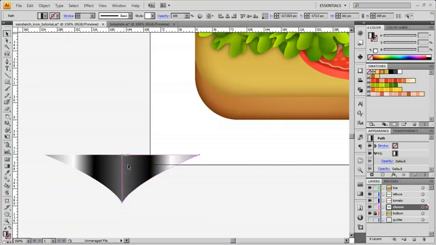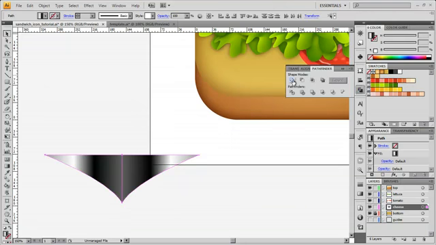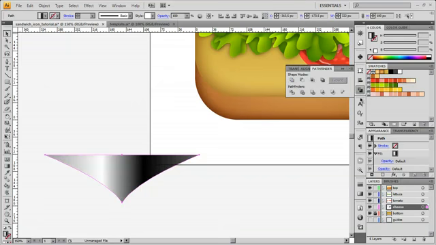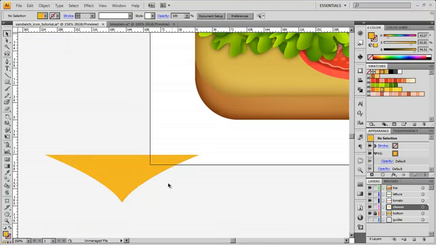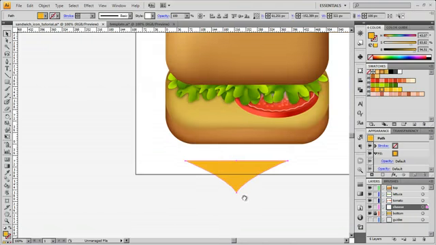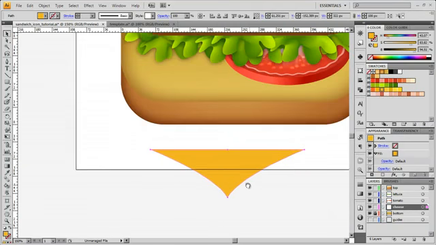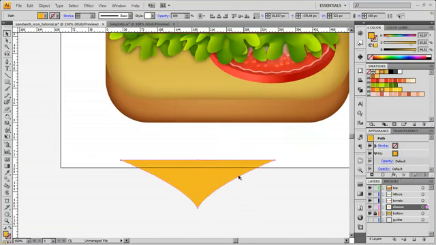I'm going to align these two shapes together, and using my Pathfinder palette, I'm going to merge them together. I'm also going to give them more cheesy color. Okay, so this is going to be the top of our cheese slice. We're going to drag out a copy down here to create the bottom of it, or the side of it,